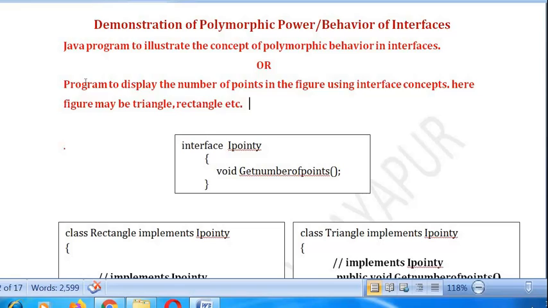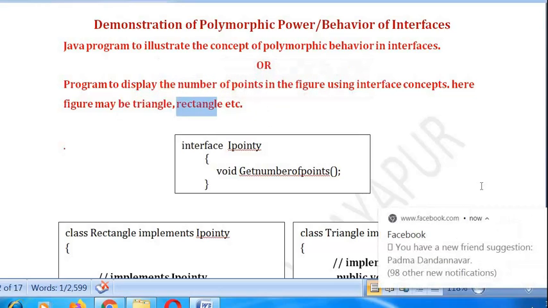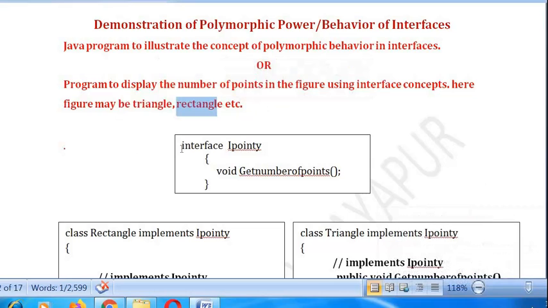Let us see an example program to display the number of points in a figure using interfaces. That is, the figure may be a triangle or rectangle or hexagon or cube, etc. So let us define one interface here. Interface IY is this. IY is the name of the interface, in which there is an abstract method called getNumberOfPoints. This getNumberOfPoints will display the number of points in the figures.